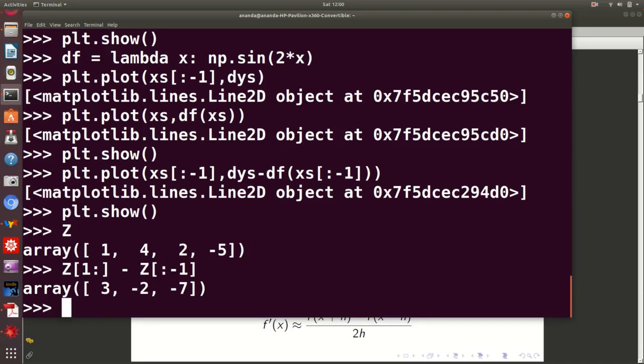Well, the only difference you have to realize is that in the previous case, 4 minus 1 would have been assigned, after division by the h of course, to be the derivative at the 0th position, at the very beginning position. Here 4 minus 1 is actually the derivative at the 1th position. The value is 4, you subtract the value one step behind 1, so 4 minus 1 by h is the value of the derivative here at the 1th position, not at the 0th position. So in this case I don't really have to calculate a new value of dy's. All I need to do is realize that the corresponding x values do not start at the beginning and go on till one short of the very end. Here the x values start at position 1, go on till the very end. And of course if I am calculating the